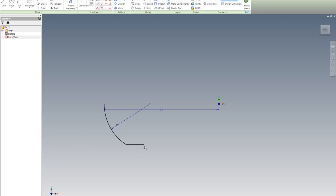Okay. So what I'm going to have to do then is trim this line here, right there. I'm going to put in another line, so I'm going to go down my back side here, and go down here, and this is a distance of 38, and then I'm going to come over here, and that distance is